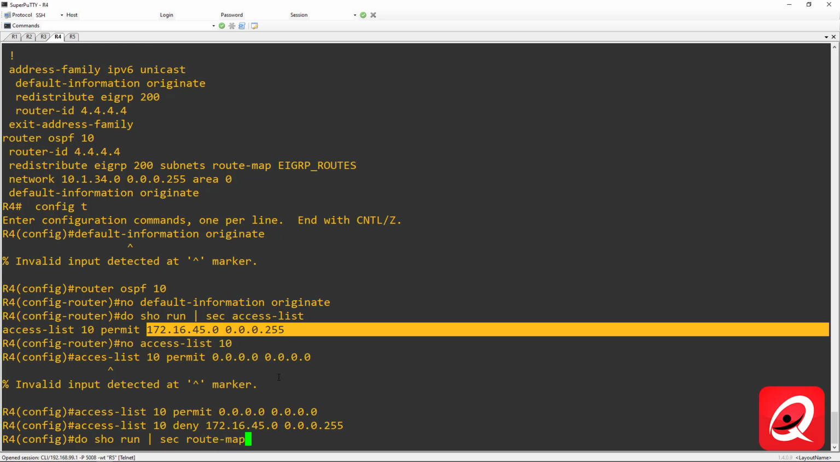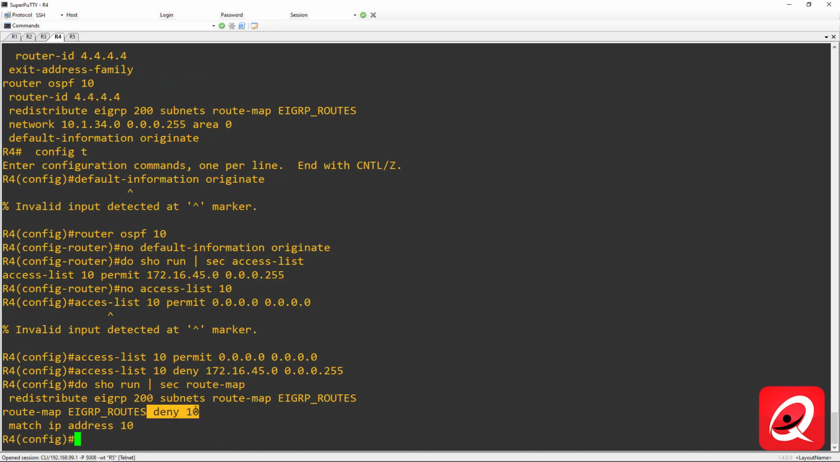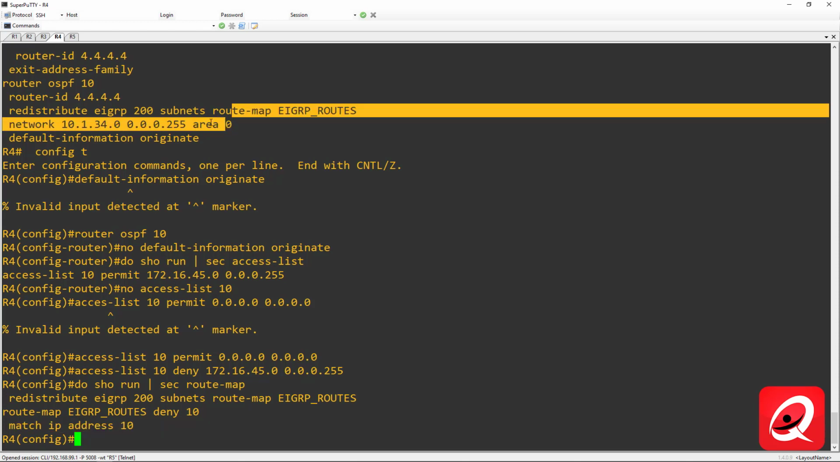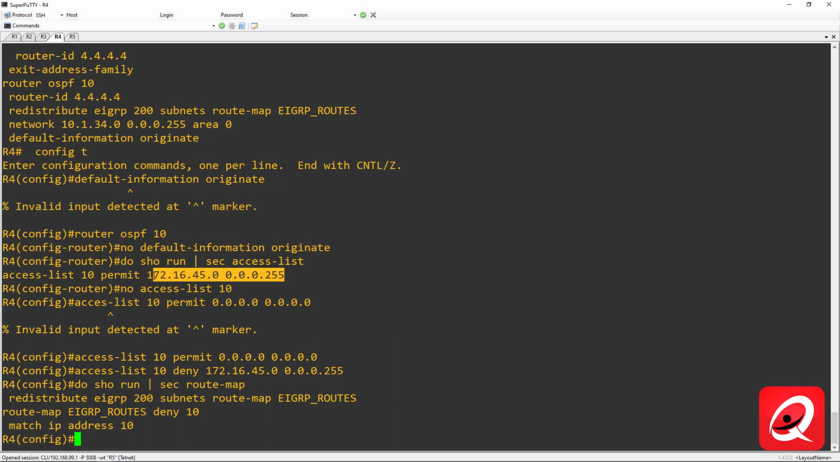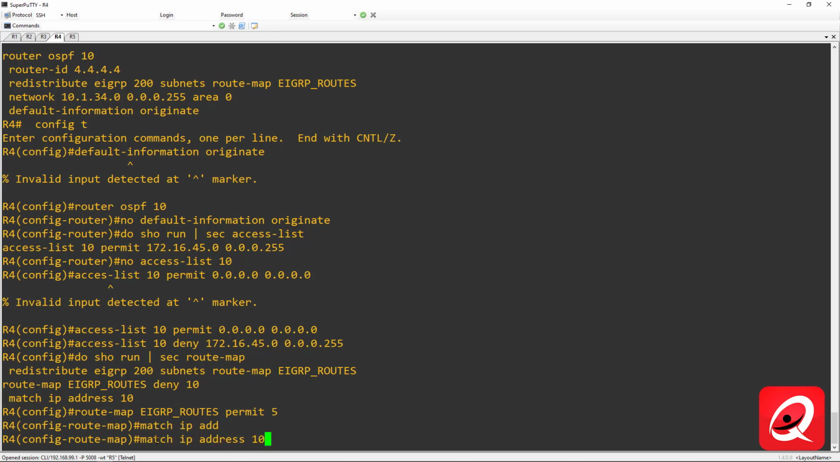Because the route map is denying 10 and matching the address, and before the access list was just permitting this 45 subnet. So if I were to delete the route map completely, it would mess up this command here. So what I'm going to do is a route map, EIGRP routes, permit 5, and I'm going to say match IP address 10, and I'm going to do no route map, EIGRP routes,